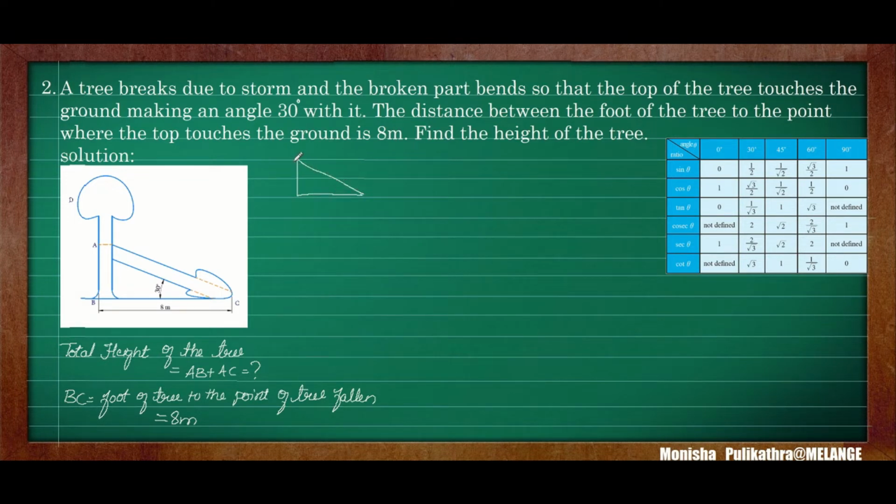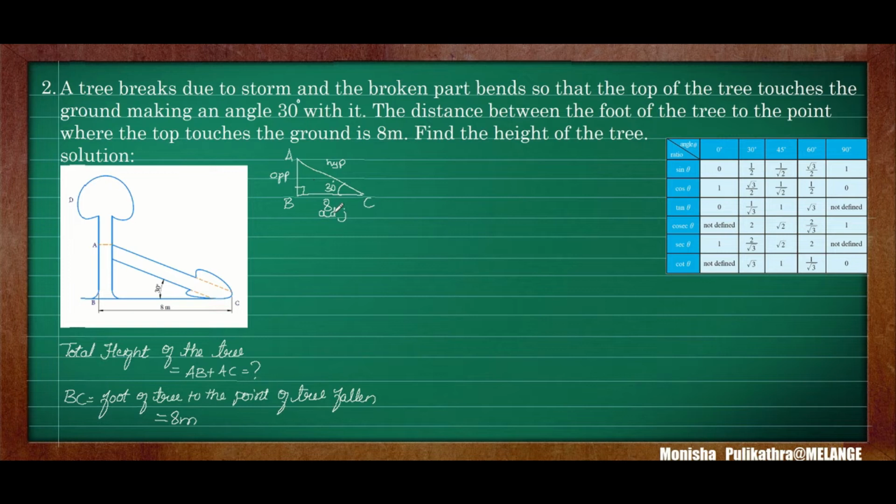So consider this as a right angle triangle ABC, where AB is the height of the tree up to the midpoint, and BC is equal to 8, making an angle of 30 degrees. We need the value for AB and also AC. Here this is 90 degrees, so this will become the hypotenuse, the side opposite the angle is the opposite, and the remaining side is the adjacent. In order to find the value of AB, it is the opposite; the adjacent value is given here already.